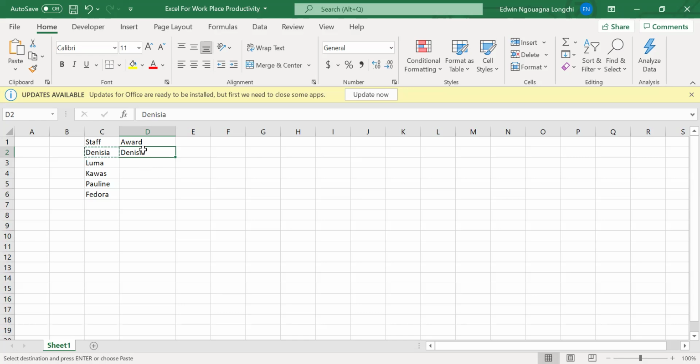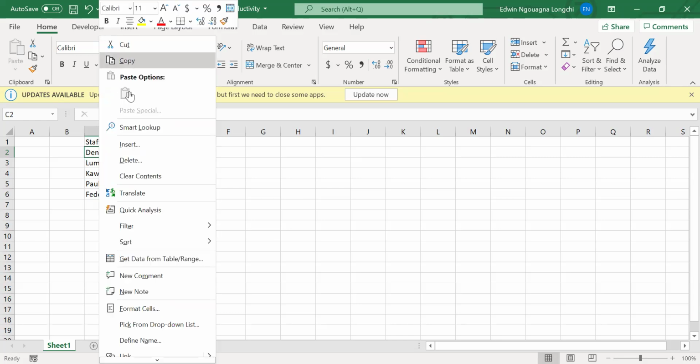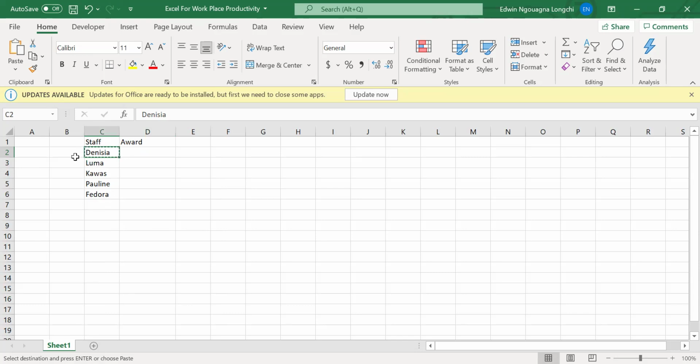Now there are various paste options. Let's say I right-click and take copy. What do you see? You see some curly lines running through. That's to tell you that you have copied this data. If you ever copy your data and you don't see this, it means that you have not actually copied it. Now I've copied this data. Where do I want to paste it? I want to paste it in this cell, so I must click on this cell. First of all, that's rule number 1 in Excel: before you enter data in any cell, you must make the cell active.